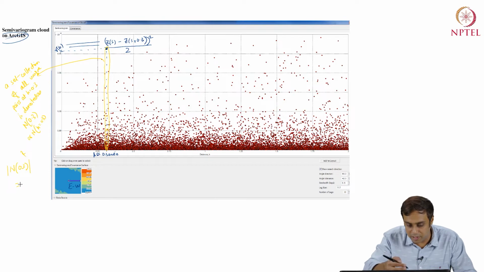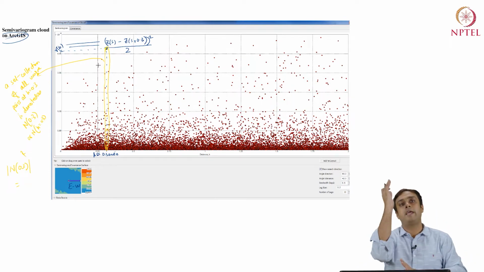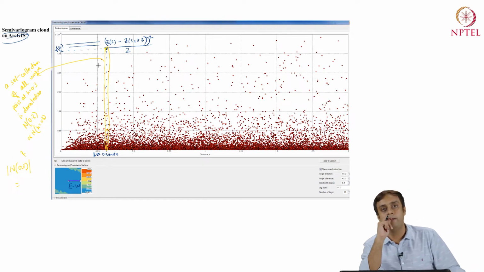So, what will be the count of these values? Well, we simply count all the yellow crosses along the stick, that is h equals 0.3.